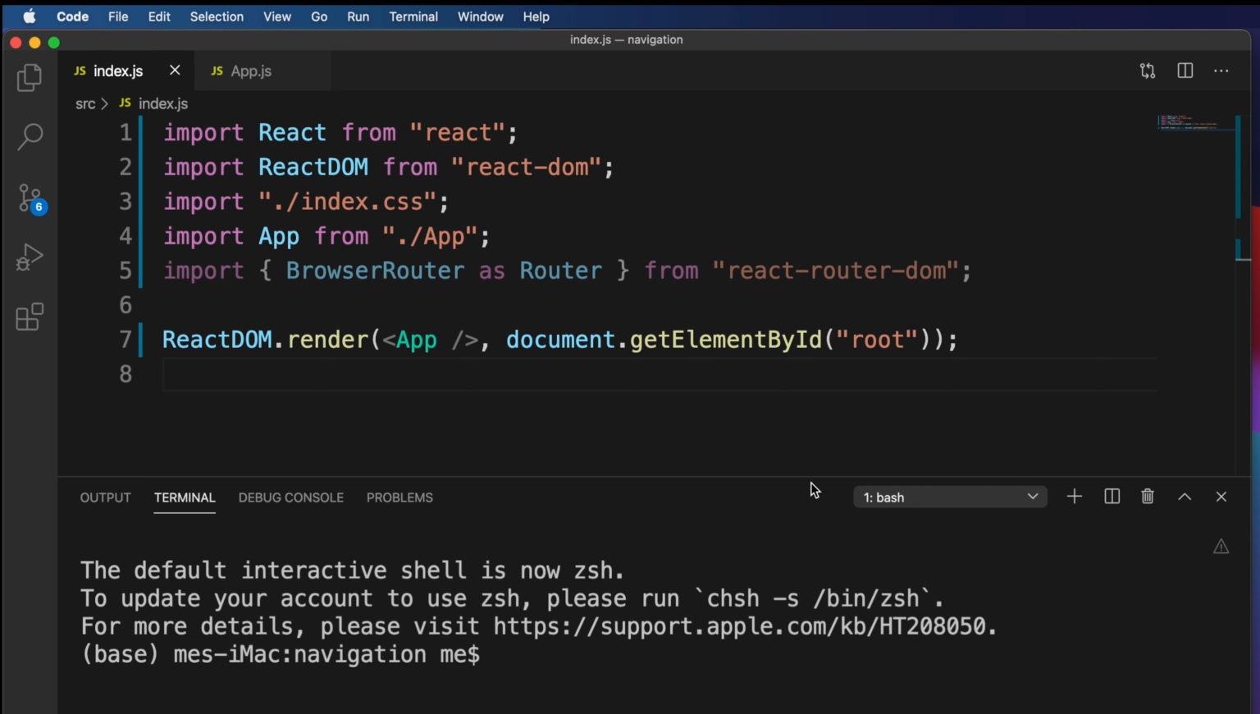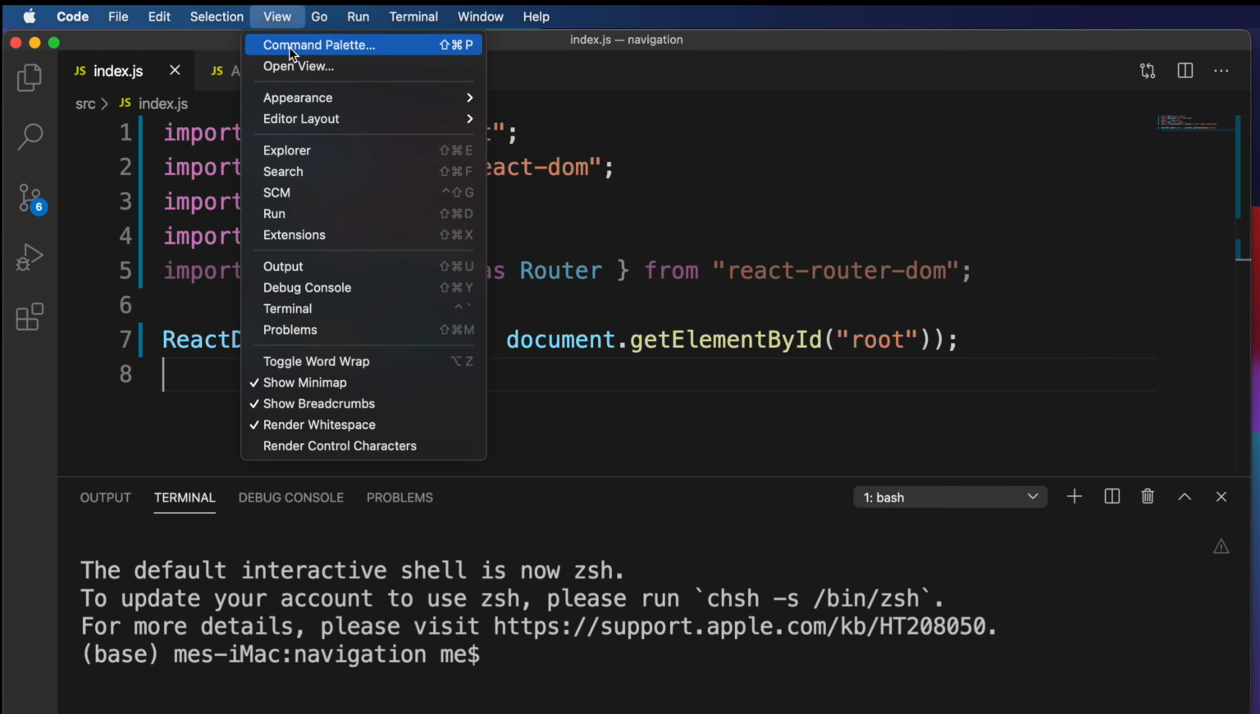Hi, in this video we will see how to reset the settings in Visual Studio Code. At first we need to open Visual Studio Code and then we have to open the command palette. We can easily open the command palette from View and then Command Palette, or we can press the shortcut